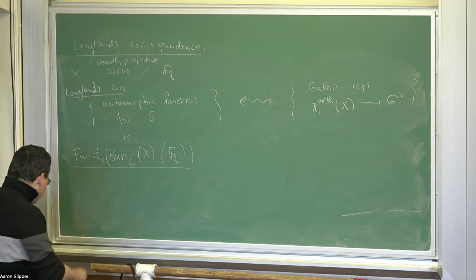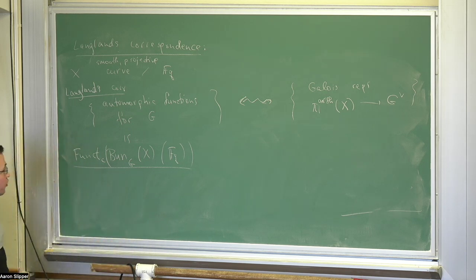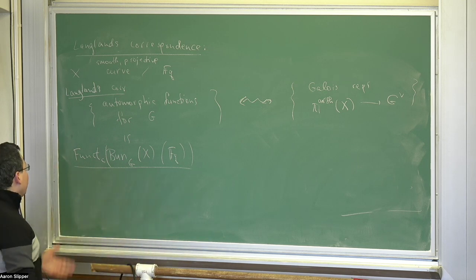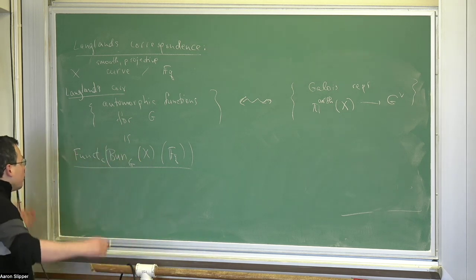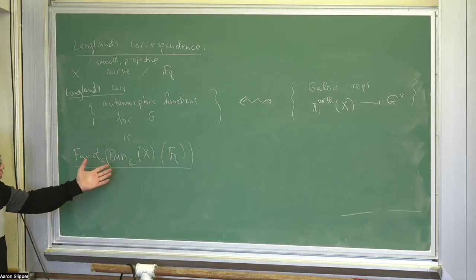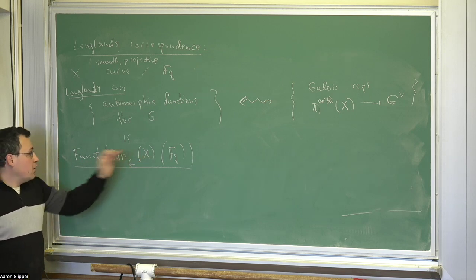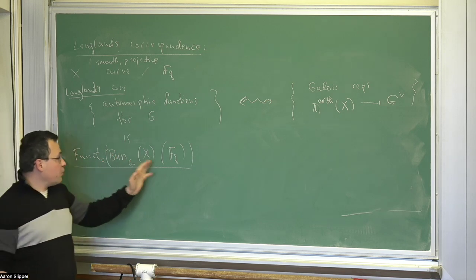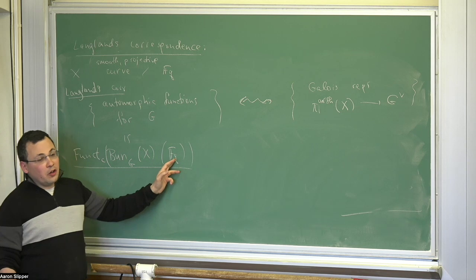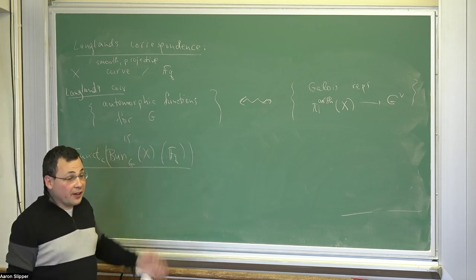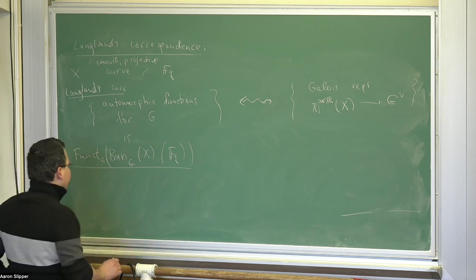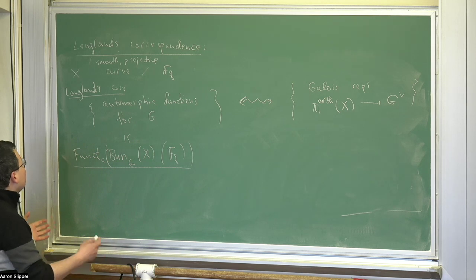In particular, I don't know if this has been discussed, but there's a way of producing such functions out of what's called the function sheaf correspondence. So if you have an étale sheaf on BunG with extra structure, there's a way of producing a function by the function sheaf correspondence. That really uses the structure of this as an algebraic stack, and such a thing produces functions not just on FQ points, but on FQ to the n points for all n at the same time.